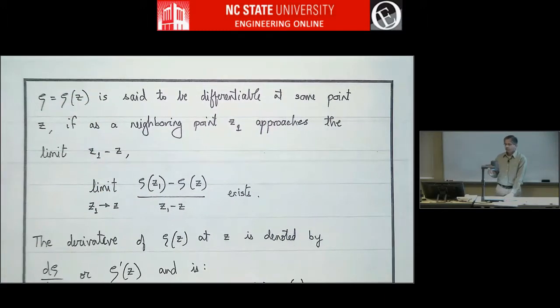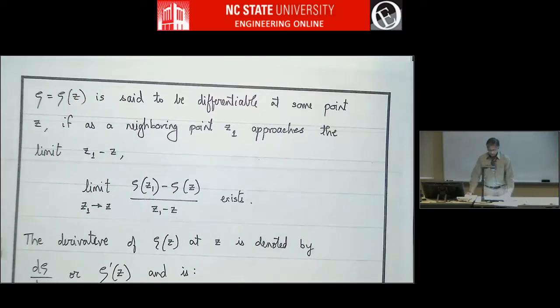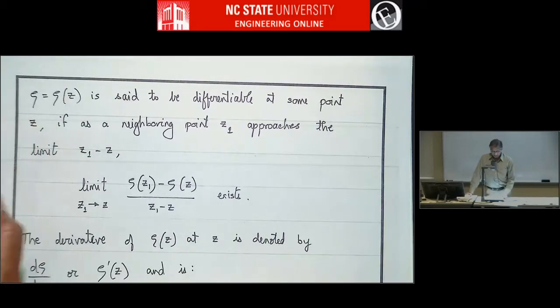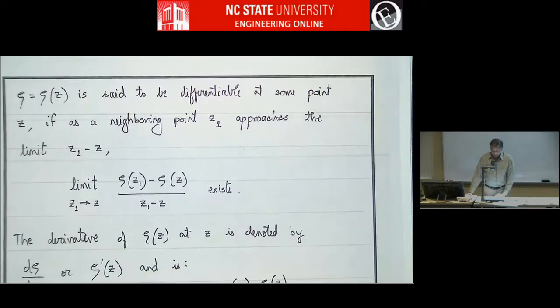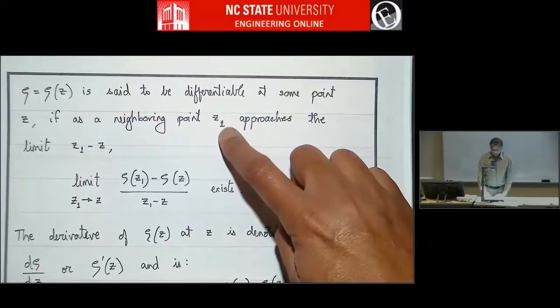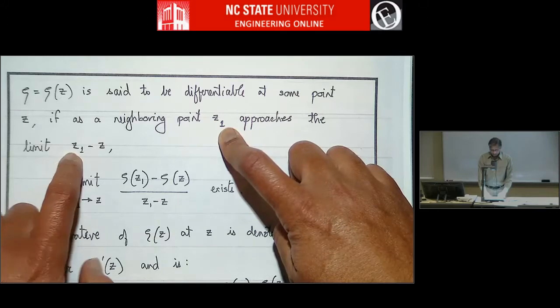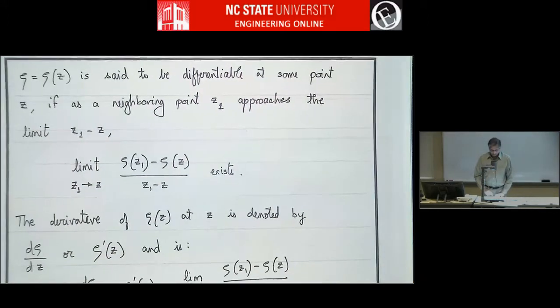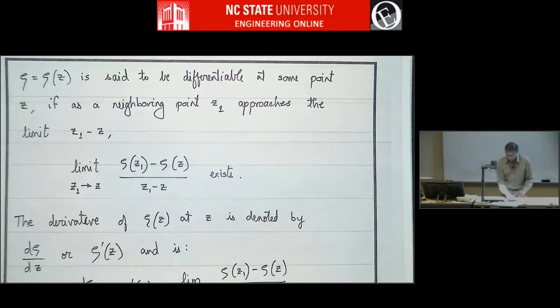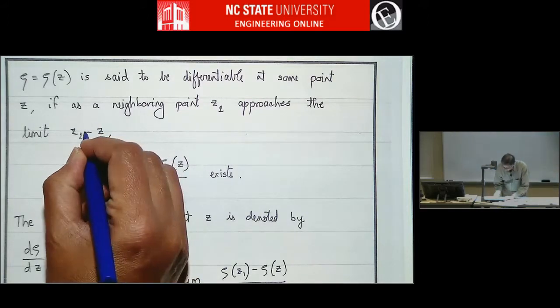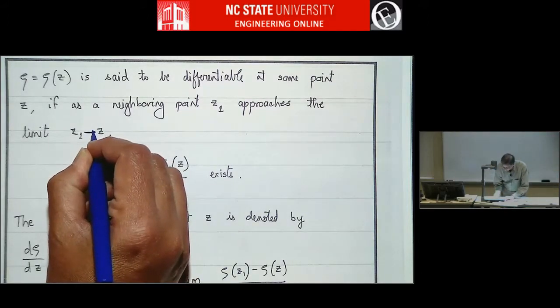This function is said to be differentiable at some point z if, as a neighboring point z1 approaches z,